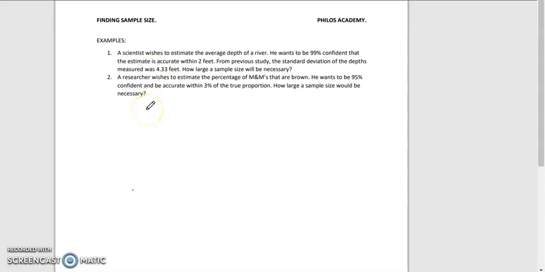Now, you'll be thinking, to find sample size, there are 3 or 4 different formulas, depending on the type of question it is. For question 1, let me give you 2 possible ones that are likely to be used. Then I'll tell you the exact one you will use. The formula says